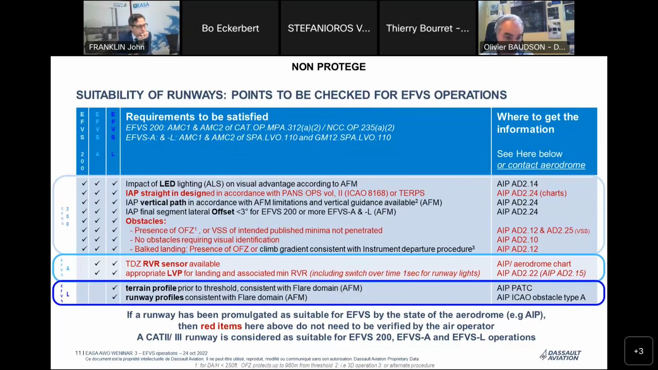And at least for EVS to land operation, the terrain profile prior to threshold has to be verified to be consistent with the flare domain that has been certified. And it's the same for the runway profile. As the flare is requested for EVS to land, the operator has to verify that the runway profile is consistent with the domain that has been certified. So